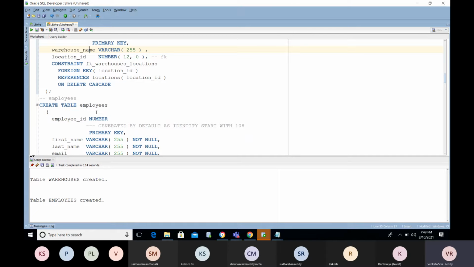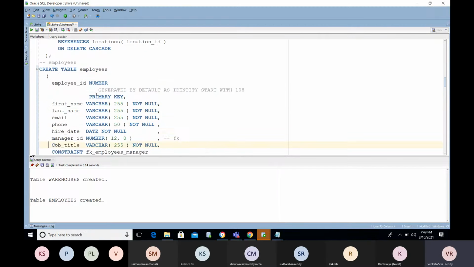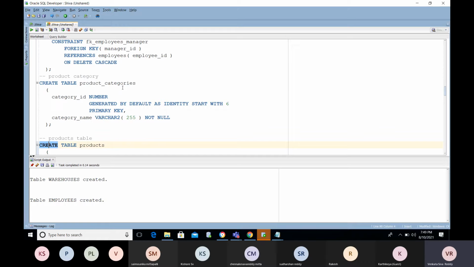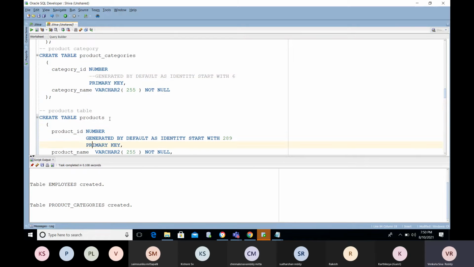And employees: to maintain the employee information. For inventory or any company, there may be employee information, right? We need to maintain that, so for that we are using the employee table. Under product category, what products we have, what is the category, and all those things need to be maintained. For that reason we are using this. Okay, what are the products we have? We are taking the reference from the product category table.